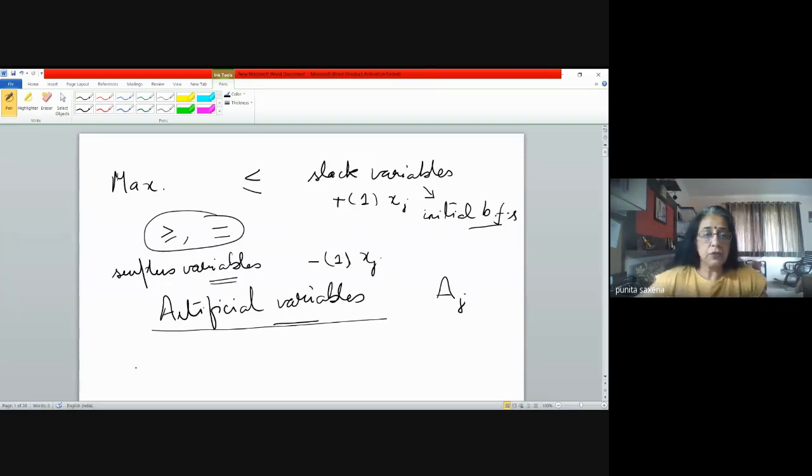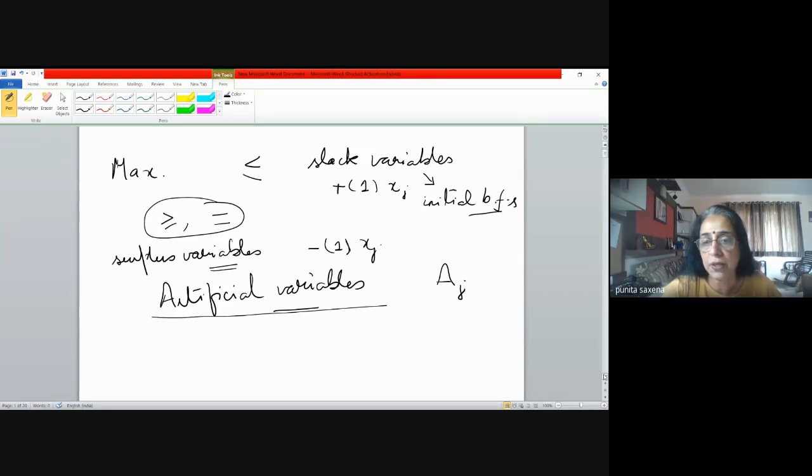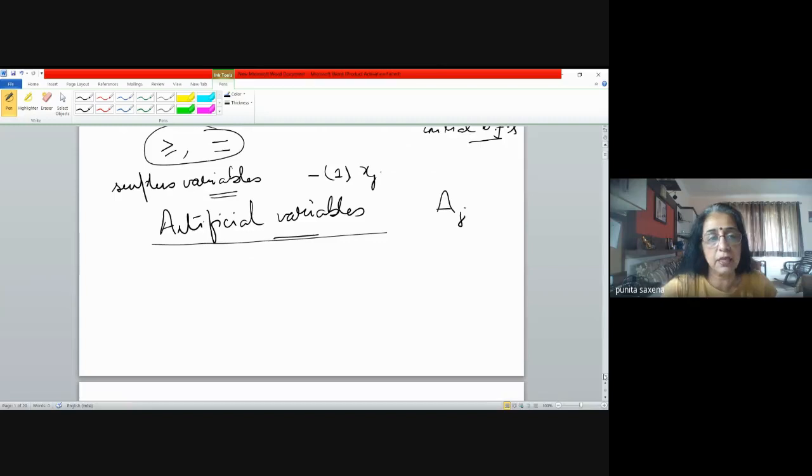In fact, after Dantzig gave the simplex algorithm, Charnes made a modification in it, and that's why the method that we use to solve problems using artificial variables is also at times called Charnes' Big M method. How we do it, I'll just explain. Let's begin with an example, so that things are more clear and we can proceed simultaneously. So be ready with your paper and pen, and then we are solving it.